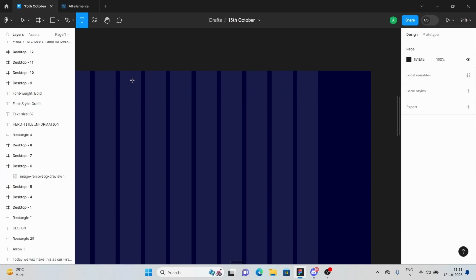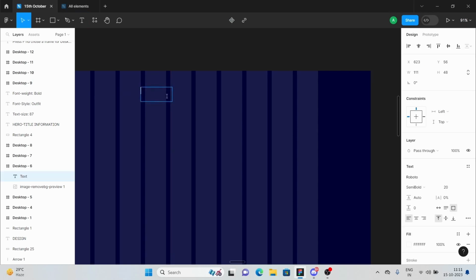I'm gonna select this text box here, and I'm gonna write here home, and here is the auto width, right? Just click here. And if you want to copy these things with the same width and height, what we can do is, see,